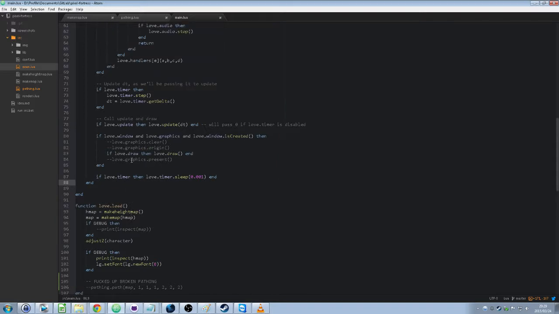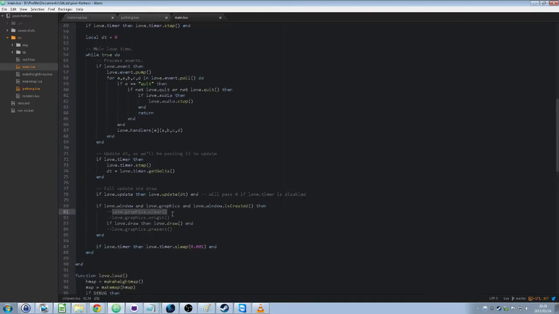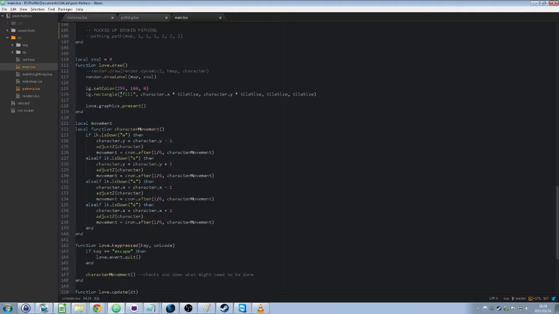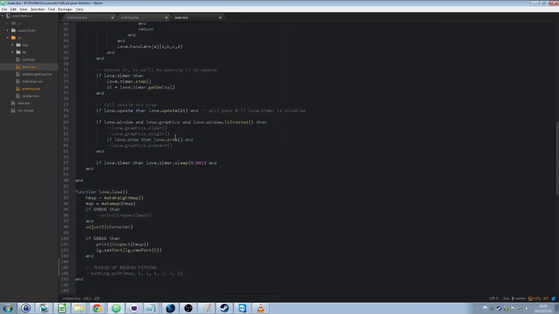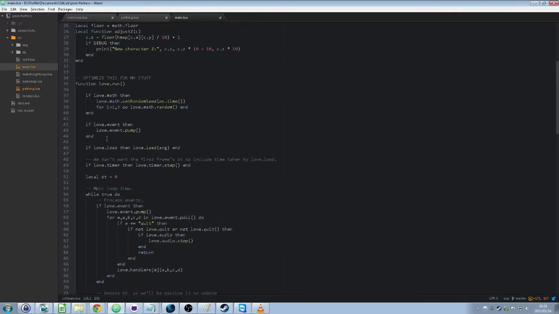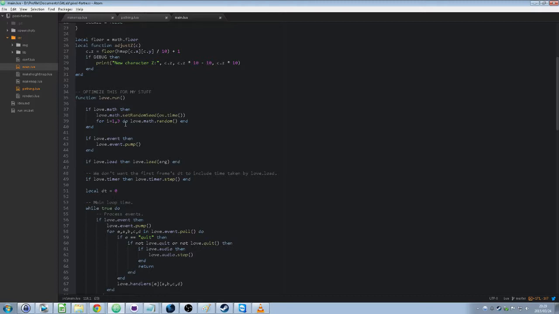Yeah, so I modified the love.run function. I removed the clear, the origin, and the present, and then down in my own love.draw, I added the present, so it won't clear every time. The rest of it is the default love.run, which I'm actually going to change because it